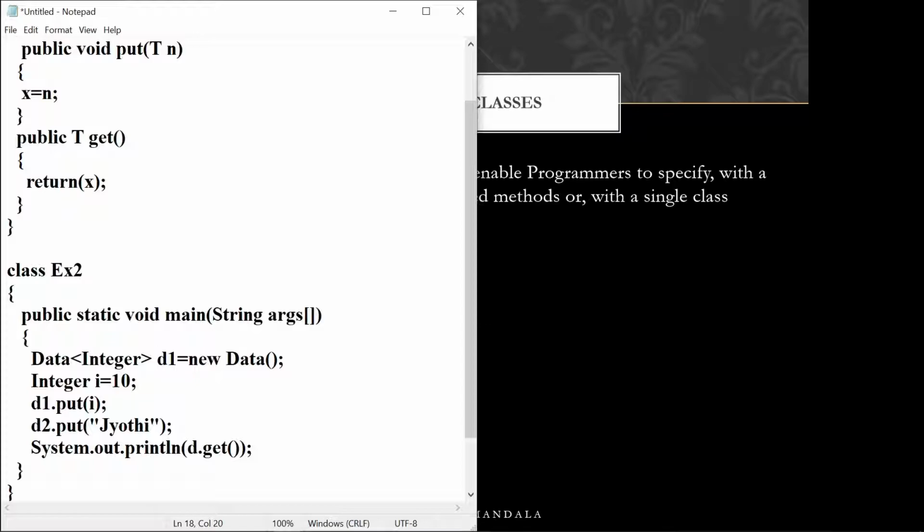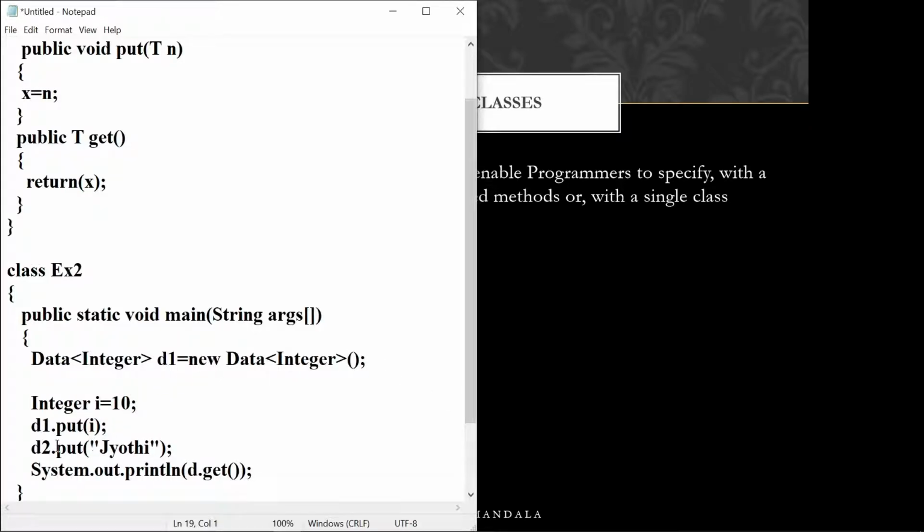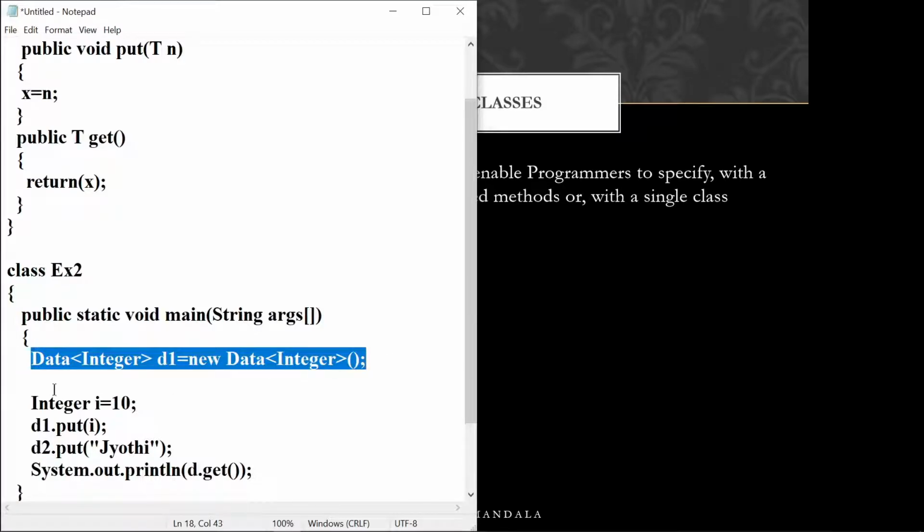As D1 is passing an argument of integer type, I have to tell this as Integer type. Similarly, after Data you need to tell the type, whatever you are going to pass. Now I am creating one more object called D2. I will copy this and place it here.